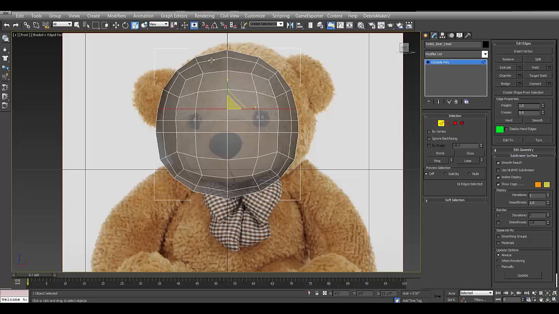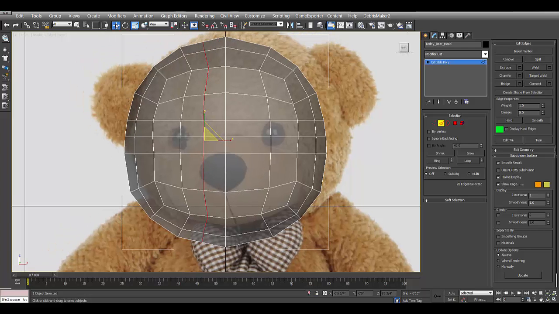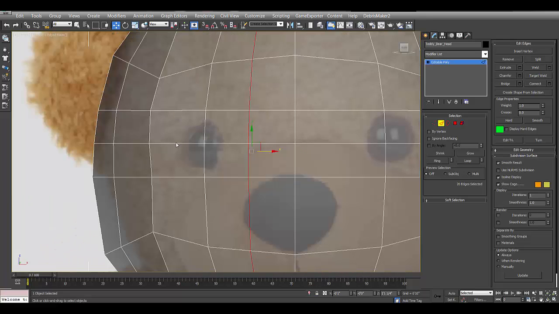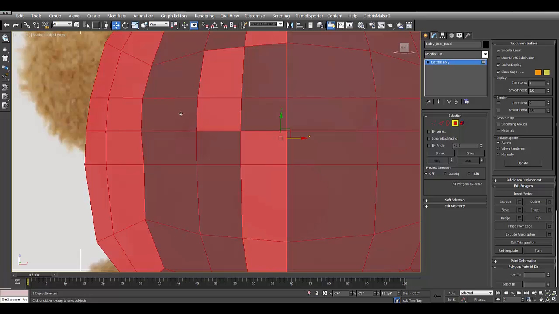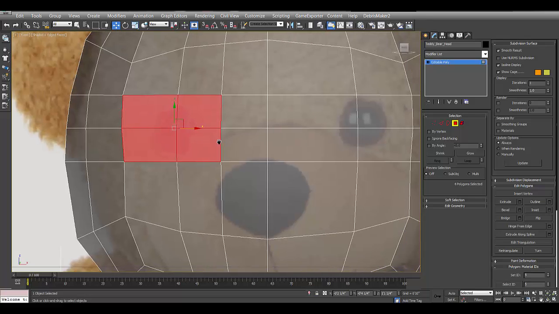Okay, so from here I'll probably grab all these edges here and I'll connect one more edge loop. So this is a vertical edge loop, and I'm going to click OK. And I'm just going to take this whole thing and make sure that this area in here is spaced out equally. Okay, so I'll leave this probably right in the center. And what I'm looking at now though is these 4 polygons. Okay, so I've switched to polygon and I'm selecting the 4 polygons around the eye where I want to create